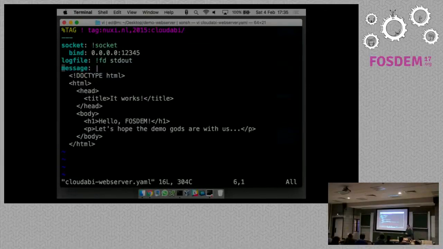This talk has 2 target audiences. The first group is people who love CloudABI and want to know more. And the second group of people is people who hate CloudABI and want to know how to design something like that themselves. That's the trade-off. So